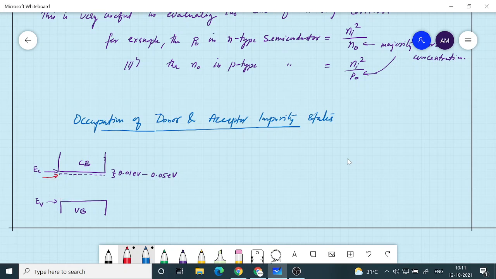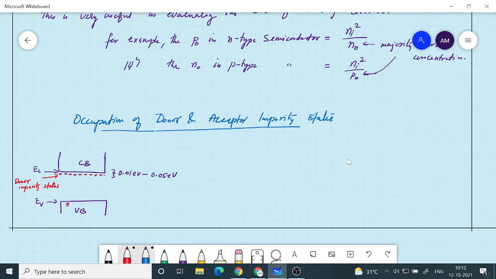This is the donor impurity. These states are called donor impurity states. And the same thing we can talk about for acceptor impurity states also. It will create states just above the valence band. Donor impurity states have atoms, and electrons are there in these states. It is occupied, but then due to temperature, electrons can go to the conduction band, and many of them can fall into the valence band and fill up the holes also.